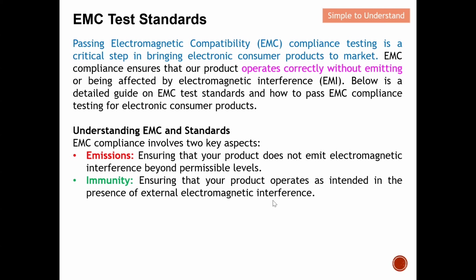For example, any new product that you design, let's say you work in your room. In your room, you have 3G, 4G, 5G, Wi-Fi, and Bluetooth. Basically, all of this can be interference. Hence, your new product must ensure that it is able to work even in this harsh environment. This is what we know as immunity.